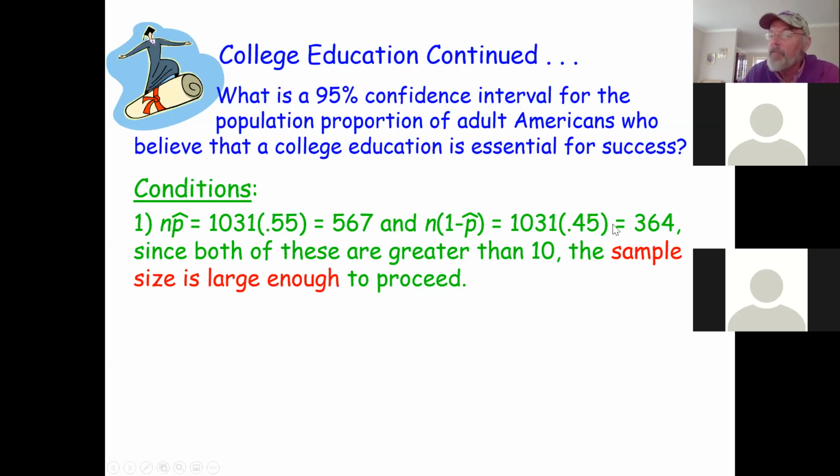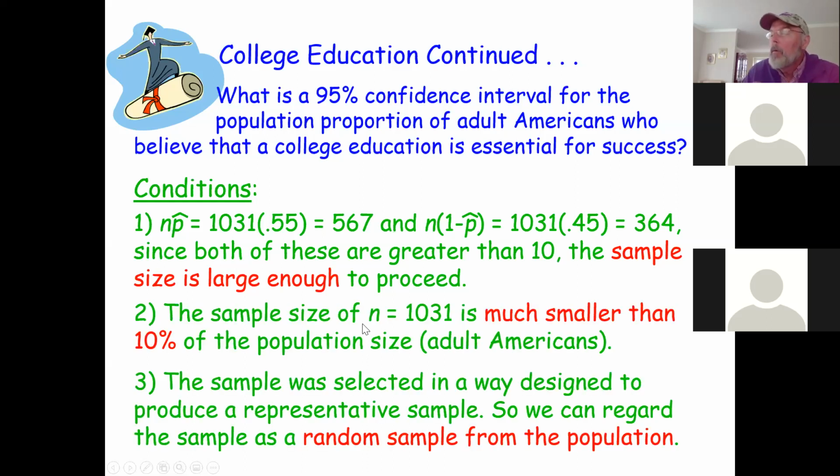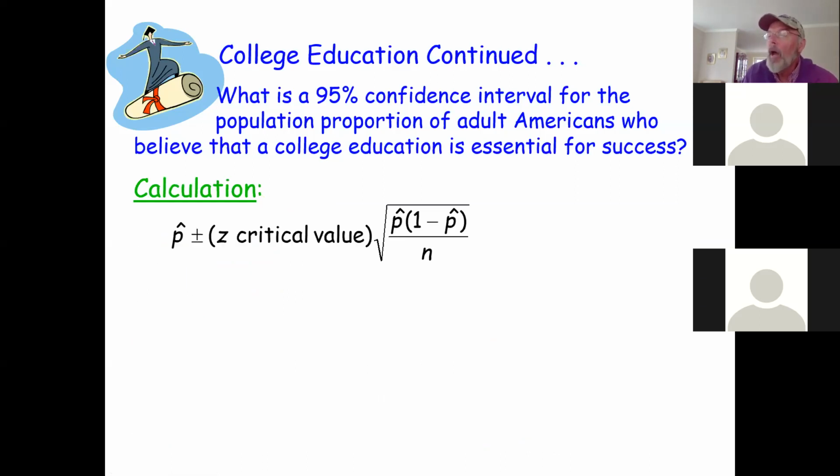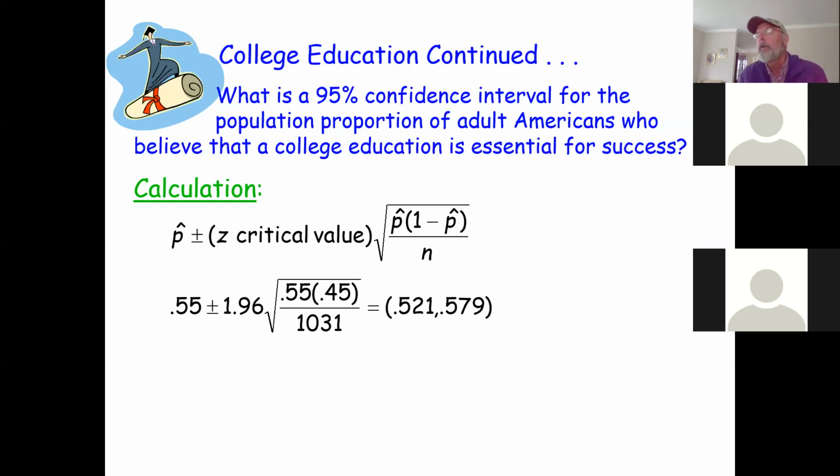So we have a large enough sample size. All right. So we have a population, all the adults in America, and we want to make sure that we have a random sample from the population. So these conditions have to be adhered to before we even try to build a confidence interval. So all the conditions are verified, and we can go ahead and start to calculate the